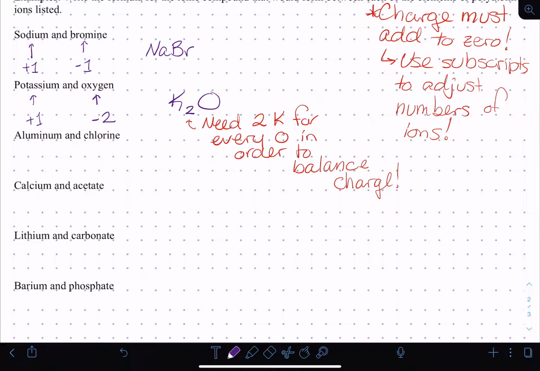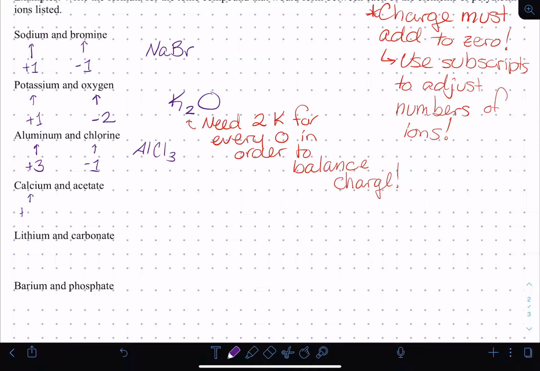All right, so you should have found from your periodic table that aluminum likes to have a +3 charge, and chlorine likes to have -1 based on the families that they're in. So this means that we're going to need 3 chlorine atoms for every 1 aluminum. The formula for the compound that forms between those two will be AlCl3. That gives us 3 negative charges, 1 from each of our 3 chlorines, and 3 positive charges all on aluminum. So calcium